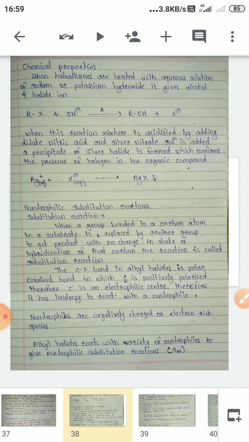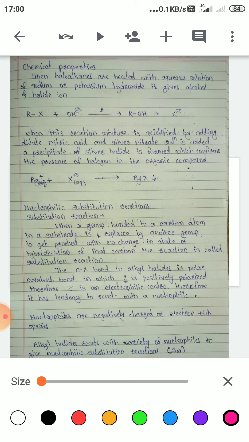Today we are going to see the chemical properties of alkyl halides or haloalkanes. Chemical properties are nothing but the chemical reactions of alkyl halides. Before this we have seen that alkyl halides contain a C-X bond, and as it contains a C-X bond,